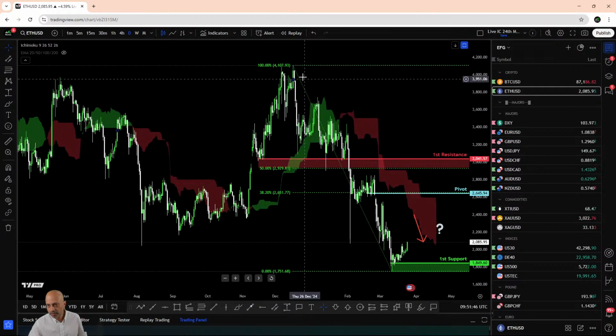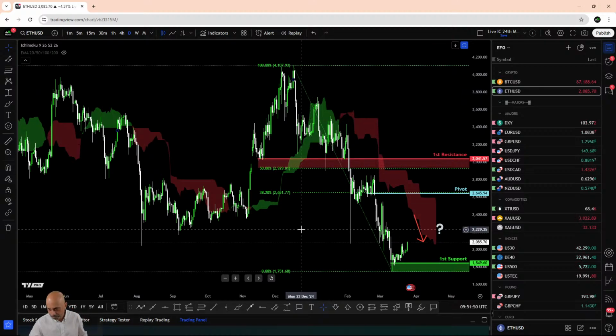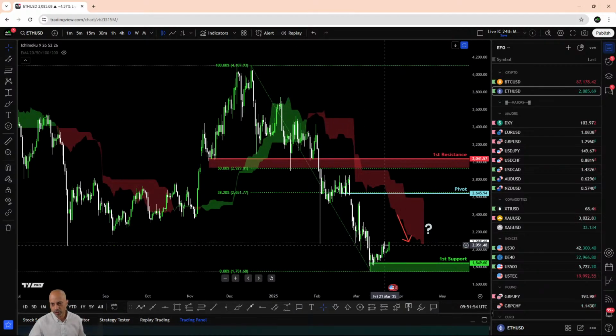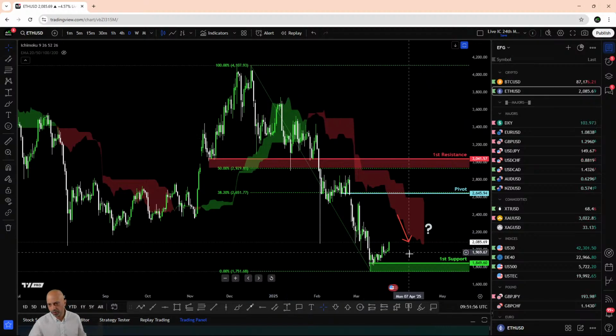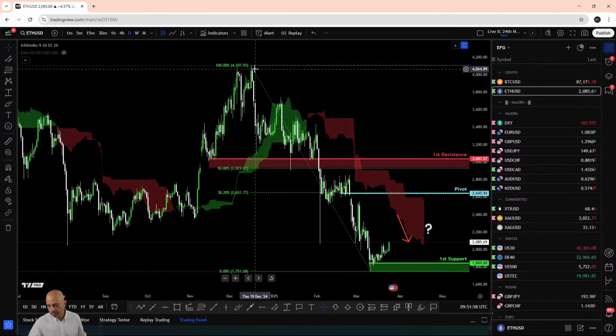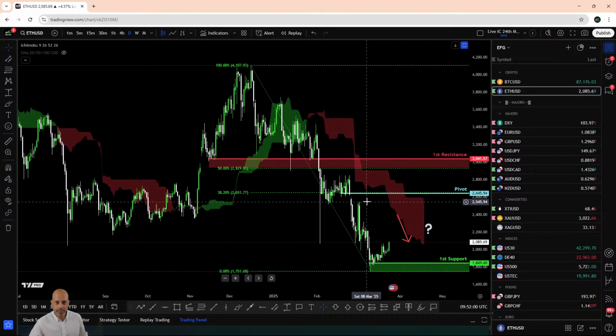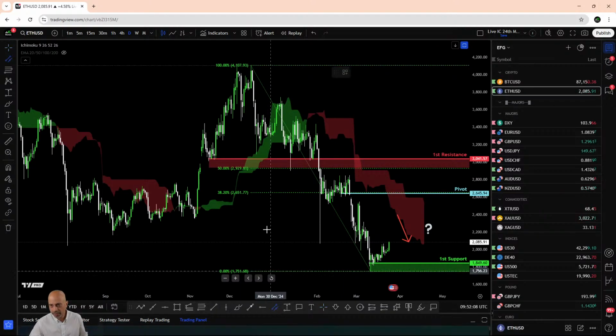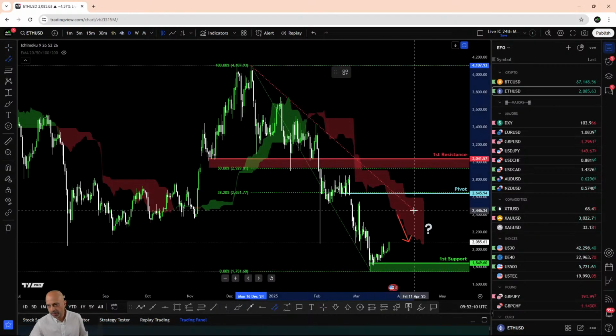Right, so there's still a huge drop for Ethereum, falling over 55%, right? And it continues to trade in a prolonged downtrend, right? We can clearly see a series of lower highs, lower lows since mid-December. And of course, we can see that Ethereum continues to trade underneath a red Ichimoku cloud, which highlights the ongoing bearish momentum. With that said, right, we can probably identify another significant bearish channel as well